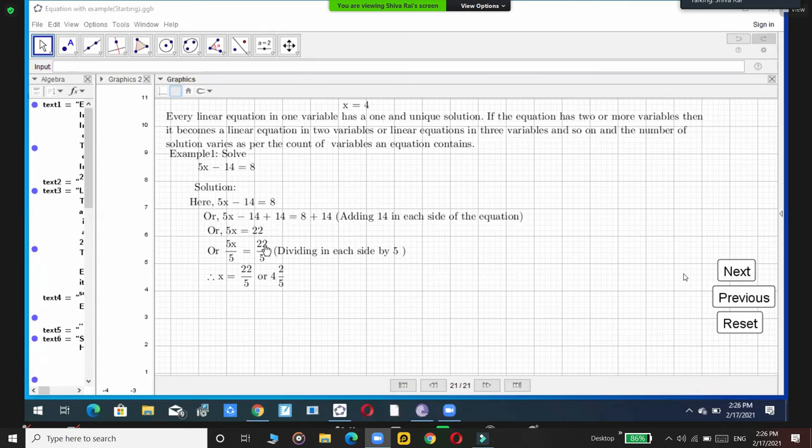But on the right side, 22 divided by 5 is 22 upon 5. Or you can change it into a mixed number. It goes 4 times and the remainder is 2. You write 2 in the numerator, and since you are dividing by 5, 5 in the denominator. So 4 whole number 2 upon 5. Your answer is actually 22 upon 5. You can stop here. It is not necessary to change it into a mixed number. This 4 and 2 upon 5 is a mixed number.